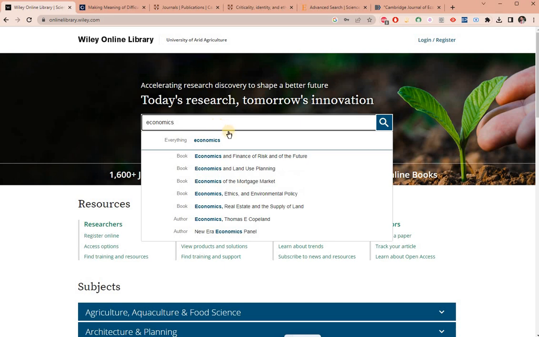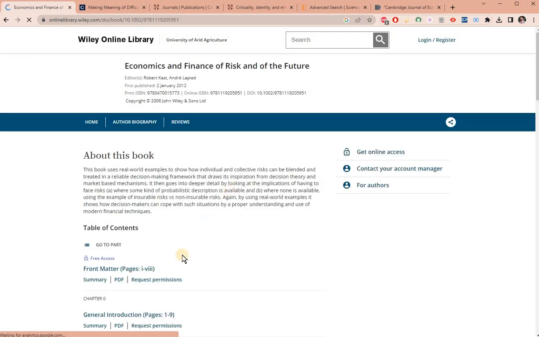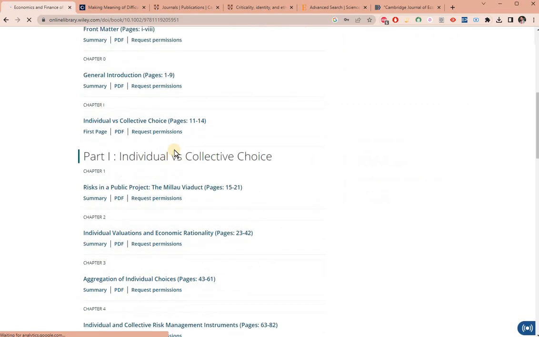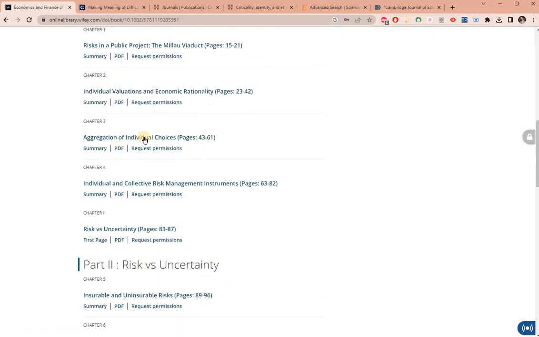And specifically, there are some books related to the economics. One of the titles at the top is Economics and the Finance of the Future. So if I'm interested in this book, I can search from this book. For example, I have selected this book, and here you can see the different chapters which are